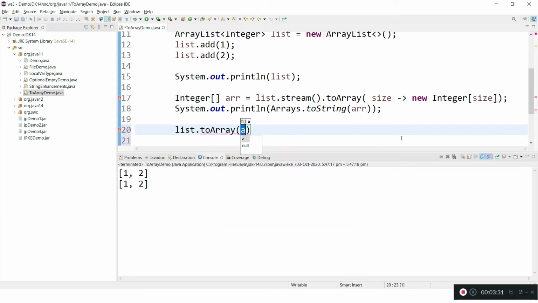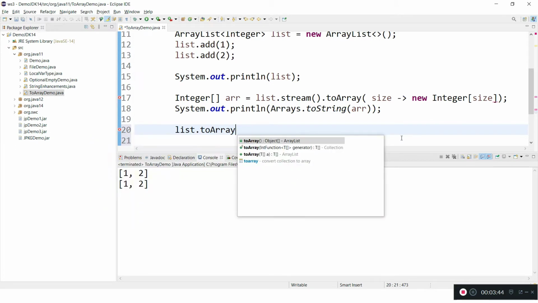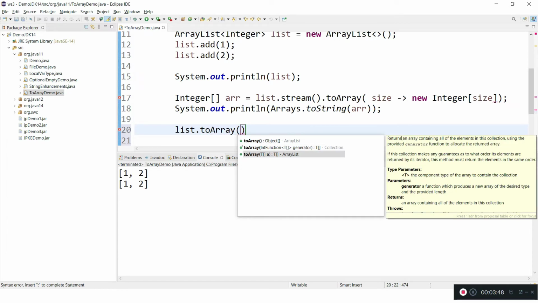Here we need to pass the new array object so that list objects will be appended to the new array object. And the third one is the overloaded method, which is incorporated in Java 11. This is taking a generator object. It is an int function similar to stream.toArray. So we will take this one.